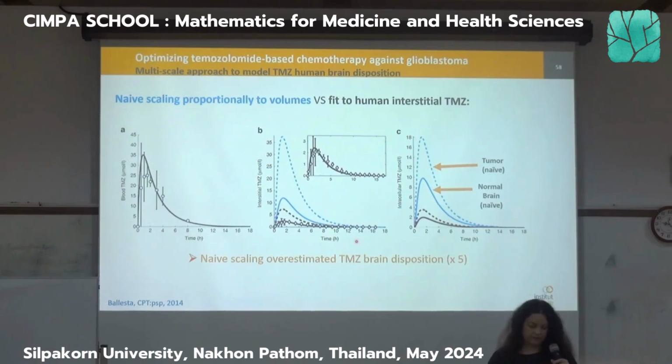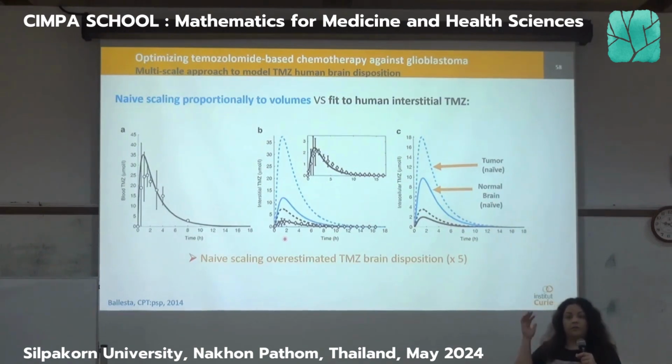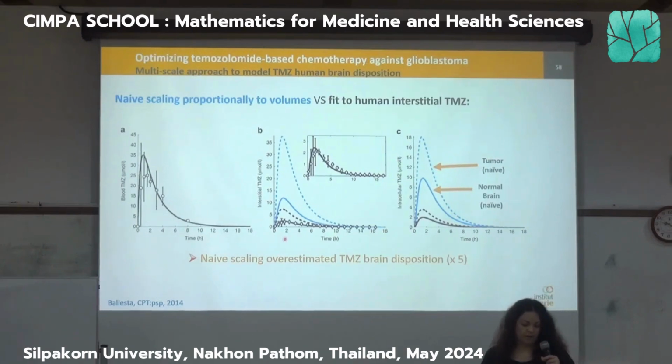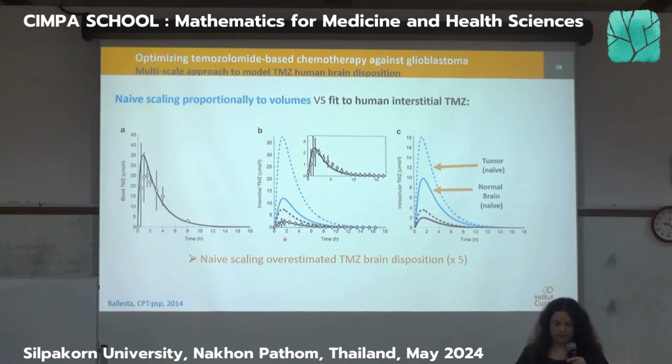Basically, as you can see, the ground truth, what we want, is the black, because this is where the data is. And so the model is able to fit, the black curves are completely satisfying. On the opposite, as you can see, the blue curves are clearly above the black curves, meaning that the naive scaling of the parameters leads to an overestimation of the concentration in the patient's brain as compared to what is actually expected in reality.